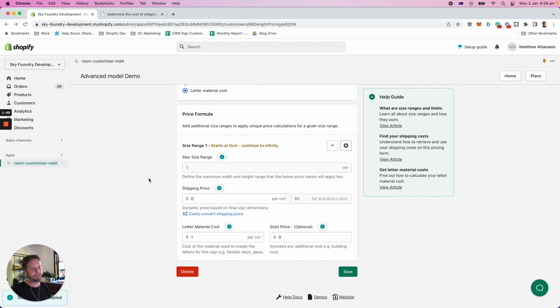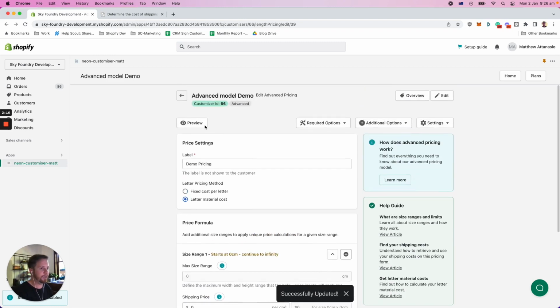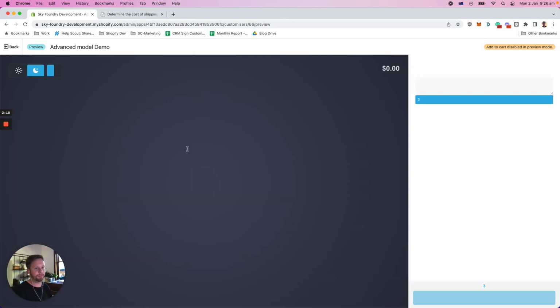It allows you to basically set up. It's really good for people who are building their own signs and using materials that can be quite expensive to actually build the shape of the letters of the sign. I think that's when it's going to be best for companies setting up using this app. So let's just save this value and let's go and preview it just to give a bit more of an